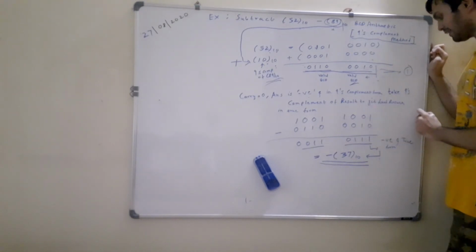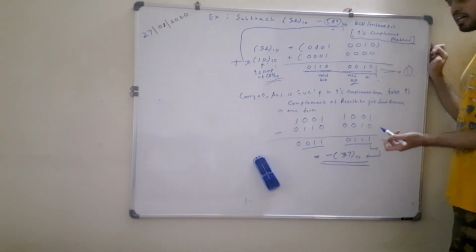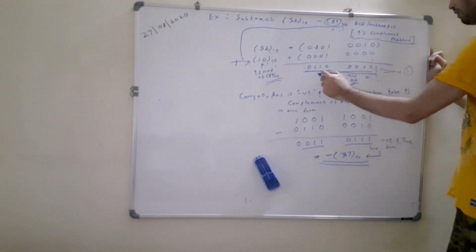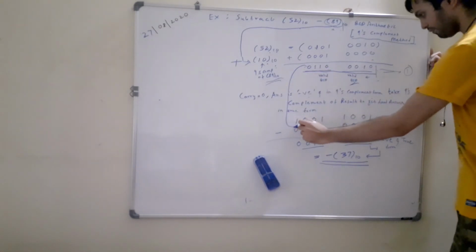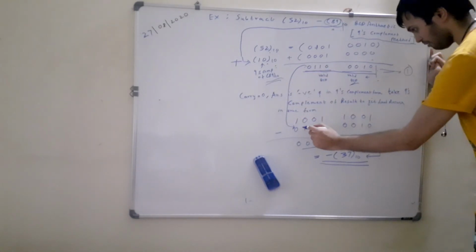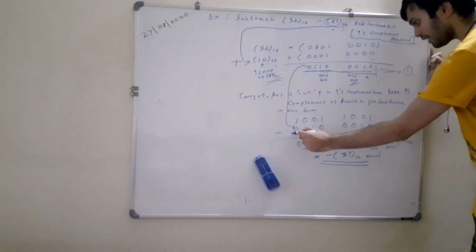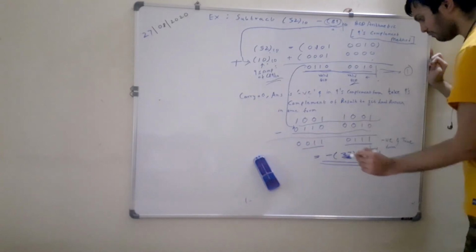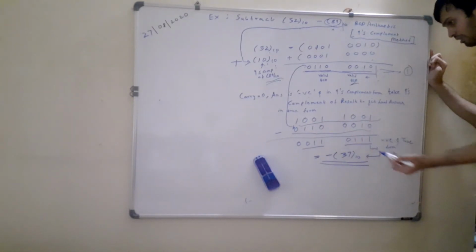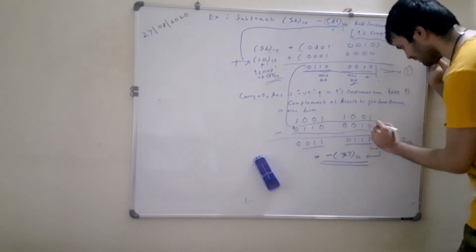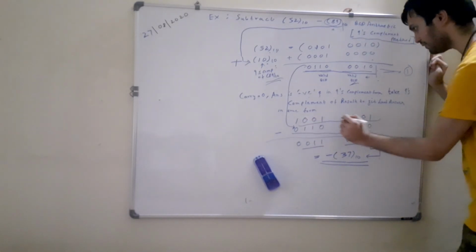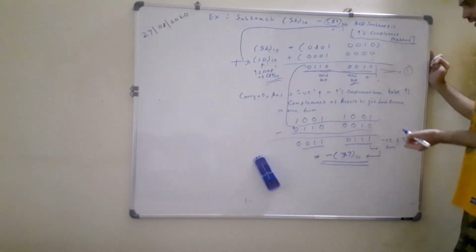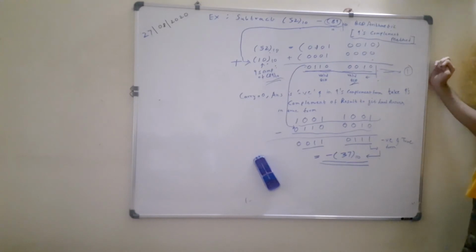Now how will you take 9's complement of this result to get the final answer? Now what is 9 in BCD? 1001, 1001, and then we have to subtract the obtained result. In this manner we will take 9's complement. So the earlier result I have written over here, and we are going to subtract it from 9. So that is nothing but 9's complement. Now we have written 1001, 1001, and then the result from top we have copied down over here because we want to take its 9's complement to get the answer in true form.